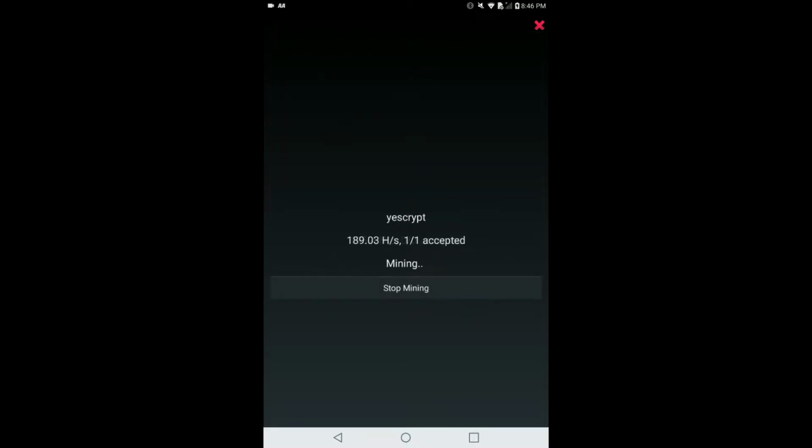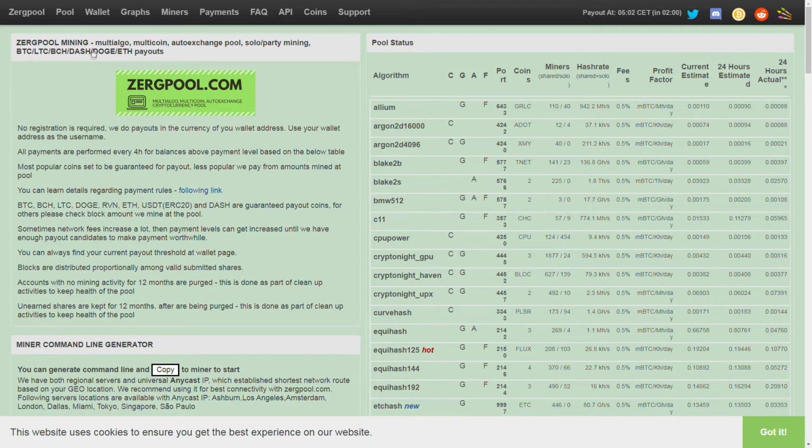You should submit at least one share in about 10 to 20 minutes tops. If you haven't submitted one share by then, just go double check your data and field for mistakes and then start mining again. After AA Miner tells you you've submitted a share, go back to Zergpool and choose wallet from